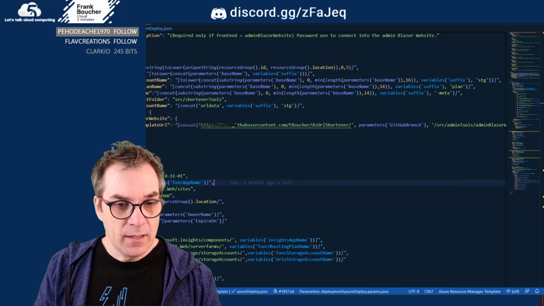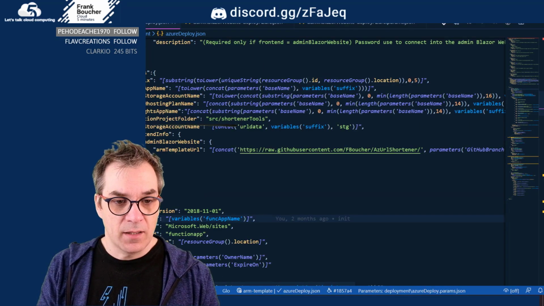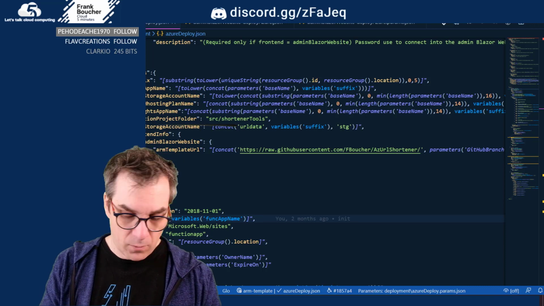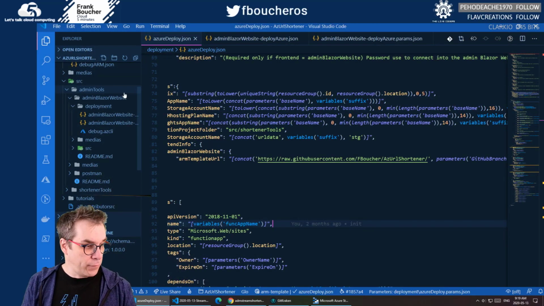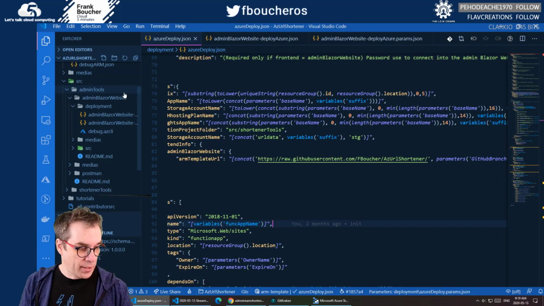So in the, that's a little bit small, let's go bigger. Oh, and I should go full screen. And that's not bad. So in the Blazor source,